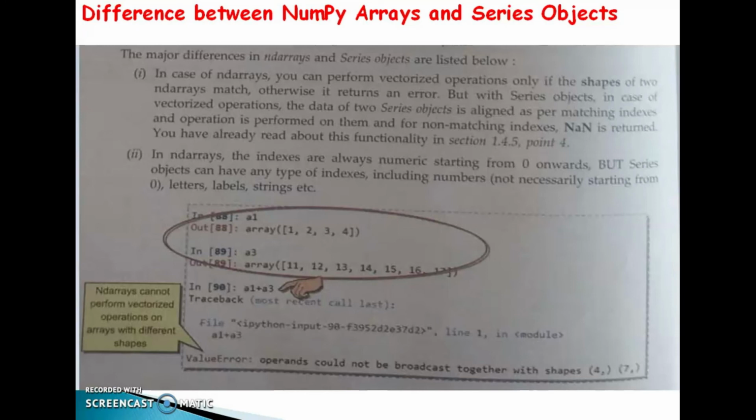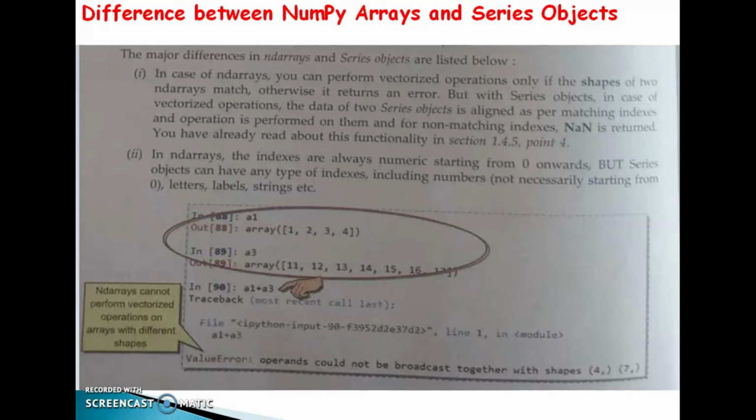Then next one, difference between NumPy arrays and series objects. The major differences between ND arrays and series objects are listed below. First one, in case of ND arrays, you can perform vectorized operations only if the shapes of two ND arrays match. That is, if the sizes of the arrays match, then only we can perform the vectorized operations.